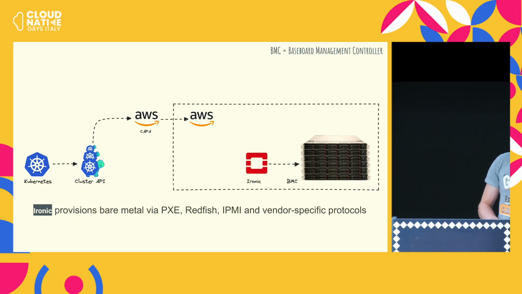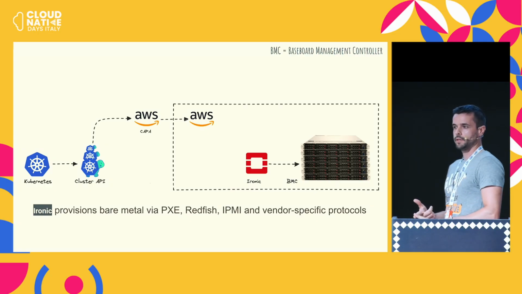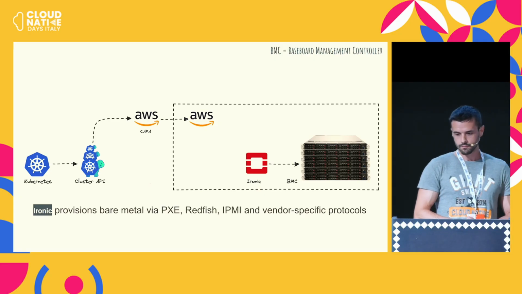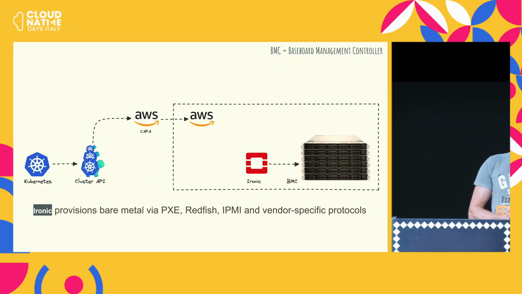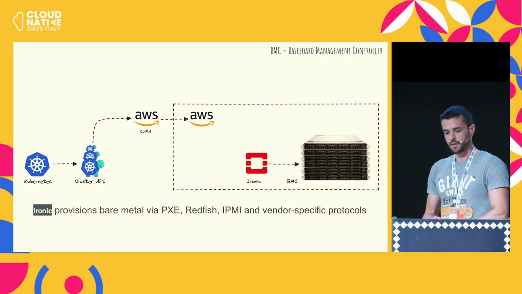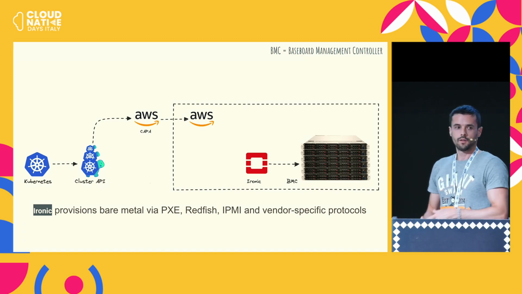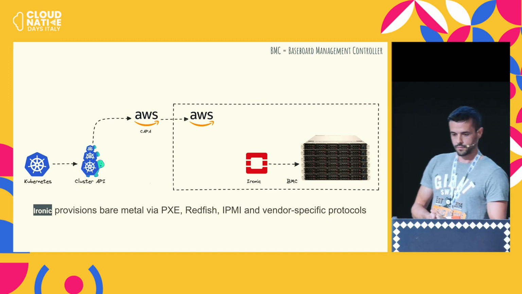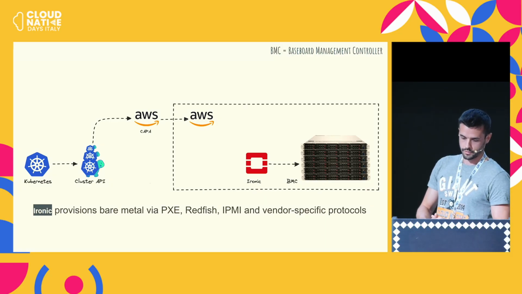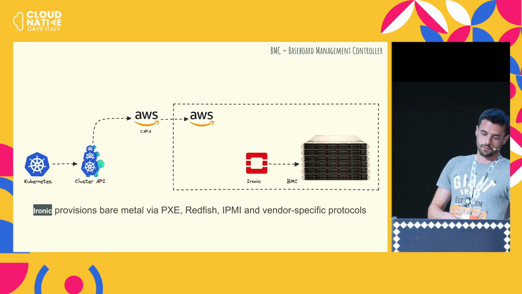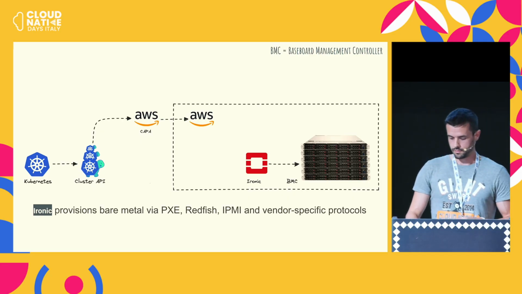So we're going to talk to the BMCs, Baseboard Management Controller. Also, you might know them as Dell iDRAC, HP ILOs, Fujitsu iRMCs, and all these out-of-band controller cards. And we have a software called Ironic, initiated by the OpenStack Foundation, that will talk to the BMCs. Ironic knows about all these vendor protocols and knows how to talk to these things in order to operate what we want to do based on other operators. So it can use PXE, Redfish, IPMI as well. So it doesn't necessarily need to be iDRAC or ILO.